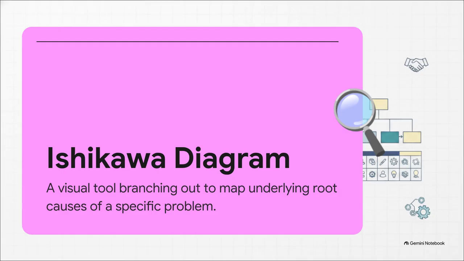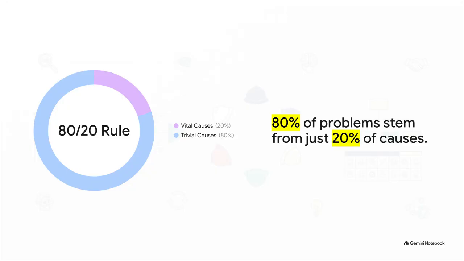It completely prevents teams from merely treating superficial symptoms and forces you to stare directly at the actual root cause. And this brilliantly illustrates our second diagnostic tool, the 80-20 rule, or the Pareto principle, initially observed by economist Vilfredo Pareto and applied to quality management by Joseph Juran. This principle visually shows that in almost any situation, an overwhelming 80% of your problems stem from just 20% of